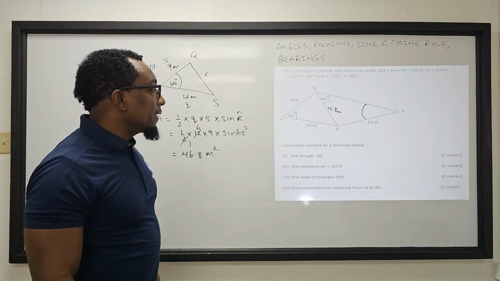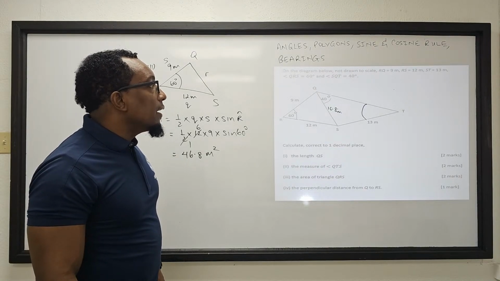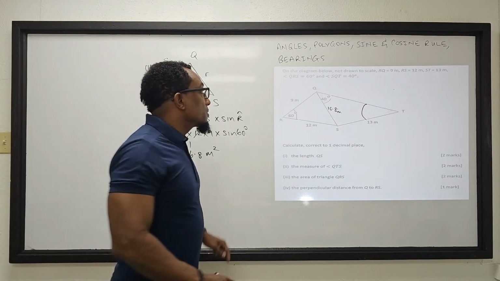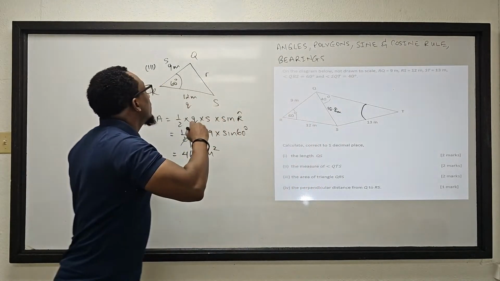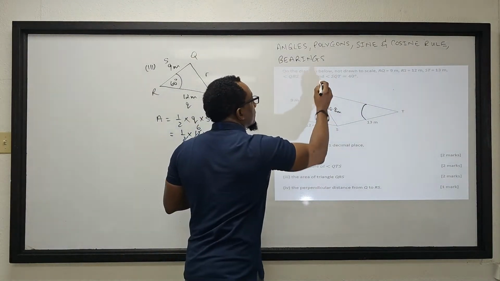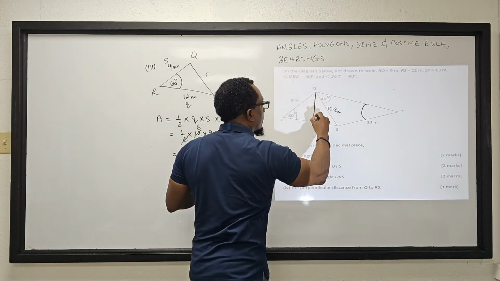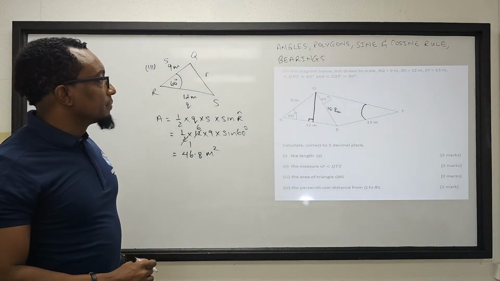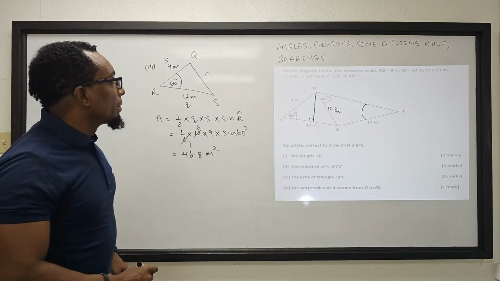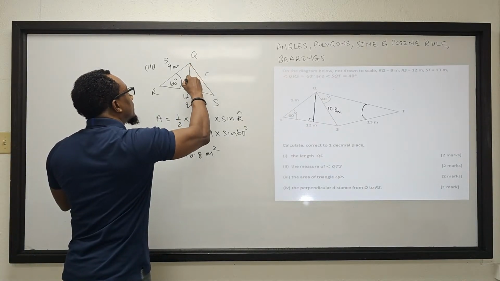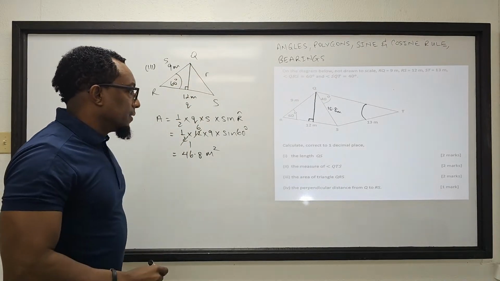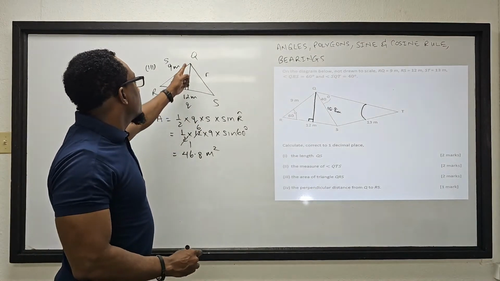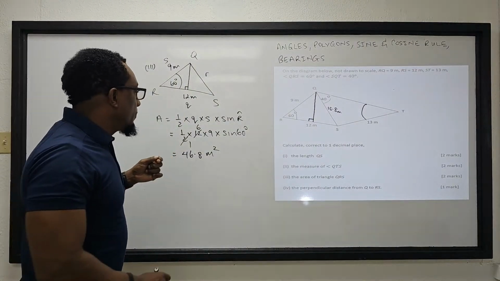And then they want the perpendicular distance from Q to RS. Perpendicular means when one line meets another at right angles. So let me draw a perpendicular line from Q to RS. This is it here, meeting at right angles. Good? So to find the perpendicular distance from Q to RS, which is this distance here, what I can do, part 4,